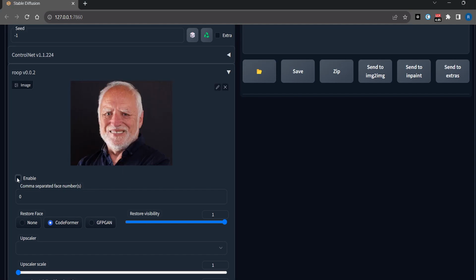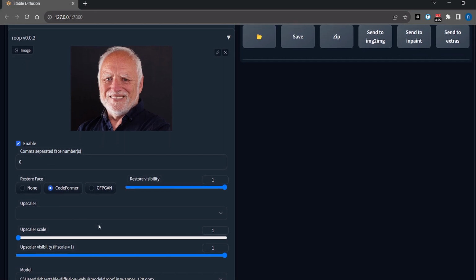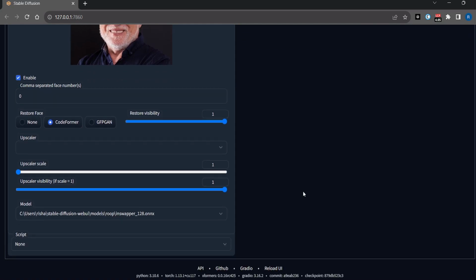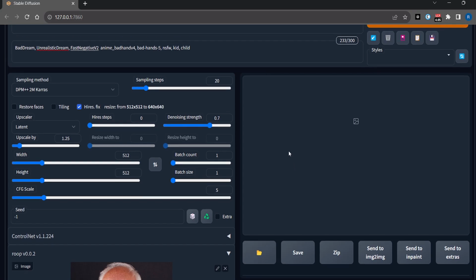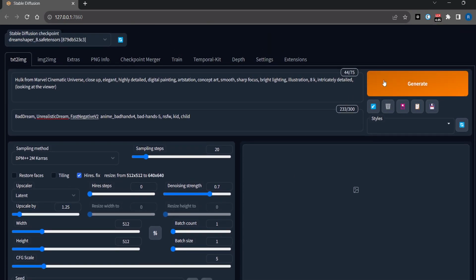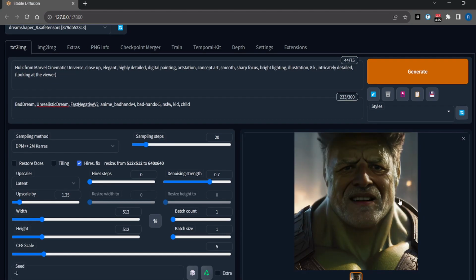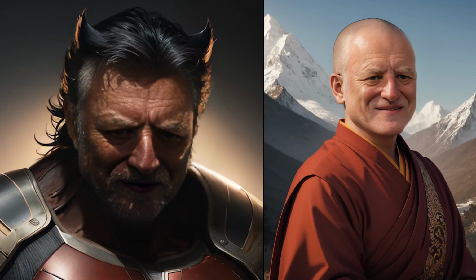I will use the very familiar face of Pane, hold the Pane herald, click on the enable button, and also use restore face, because if you don't use restore face you will get blurry or low quality faces. Now let's press on generate. The result is pretty good, not that good, but I will show you another examples. Those came out